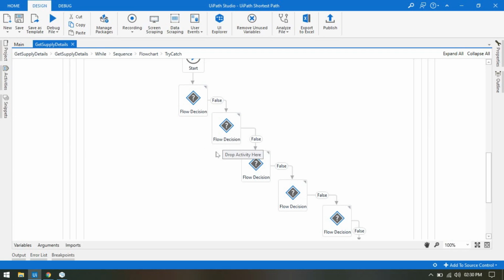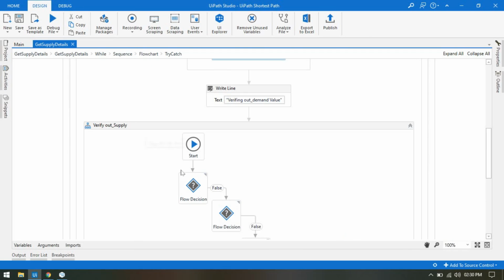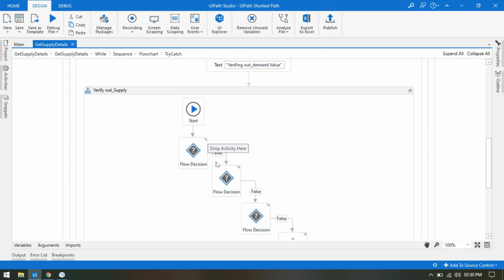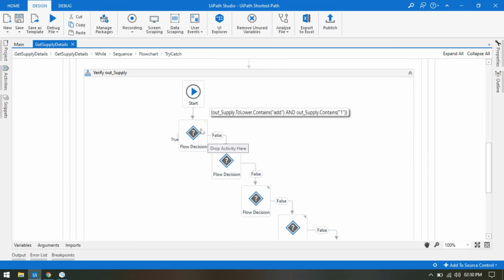Instead of ship preference we are getting SIP and then something incorrect in the preference. So that's why we are verifying that we are getting the correct value in the out supply. So you can see we are checking again that if we are getting out supply dot to lower dot contains add and out supply dot contains 1. So we are checking and.